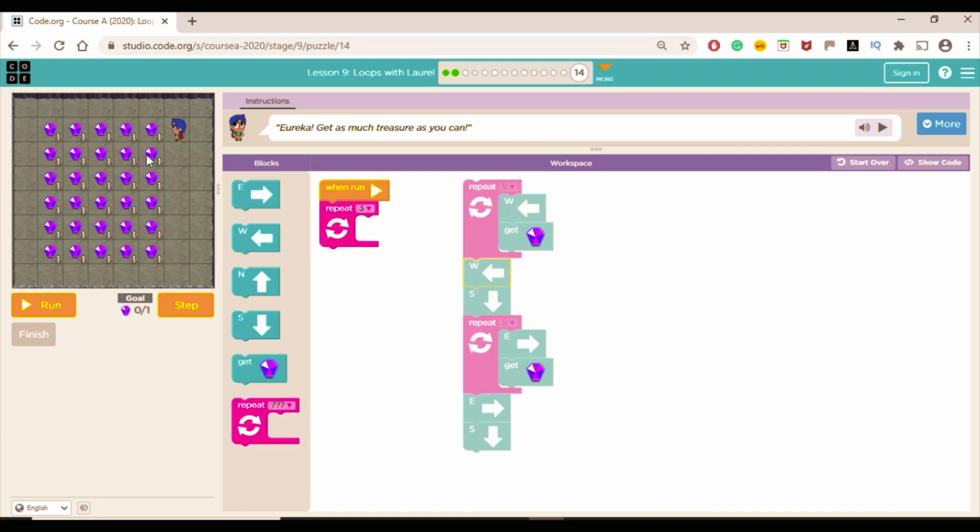Then east. 5 east. So here is the loop for 5 east, and after getting all the 5 gems, Eureka has to go one more east to stand here again, the same place but on the second row. And as Eureka has collected all the gems from the first row and second row, Eureka has to go down